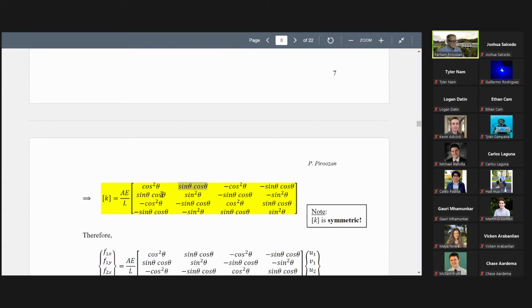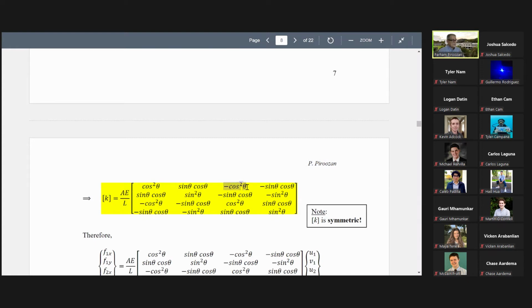This one is the same as this one. This one, the same as this one. Row 1, column 4, row 4, column 1, the same. This one, look at all of them. This is the diagonal term here. This one, for example, it is